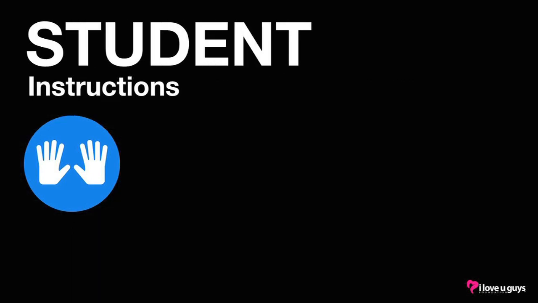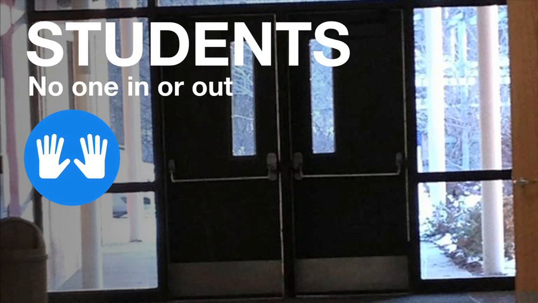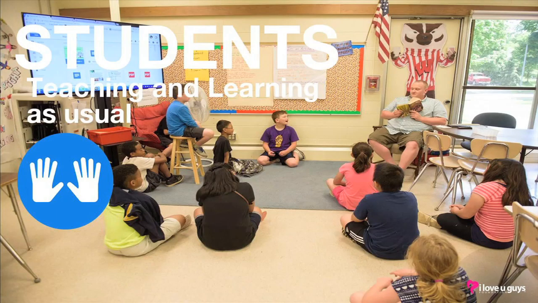Let's start with what to do in a lockout. The first one is simple. Get in the building and go to your classroom. For the most part, it's business as usual inside the building. Once all students and staff are in the building, no one is allowed in or out of the building. Yes, that means even if you have an appointment. If a lockout lasts into recess or lunch, still, no one is allowed in or out. We are staying in the building. The same is true at the end of the school day. Don't worry, we'll make up any missed recess minutes.